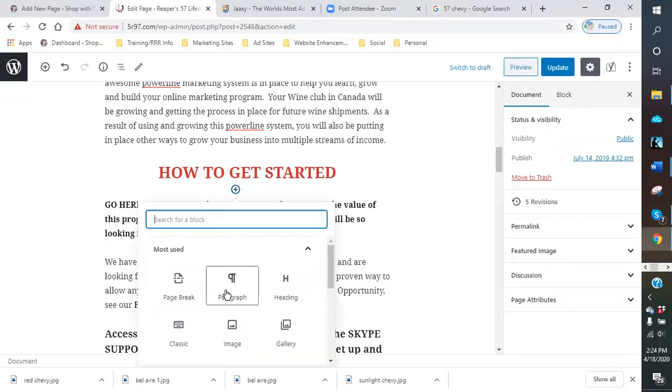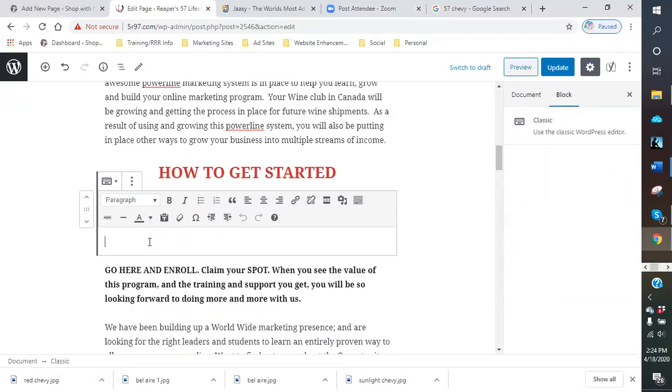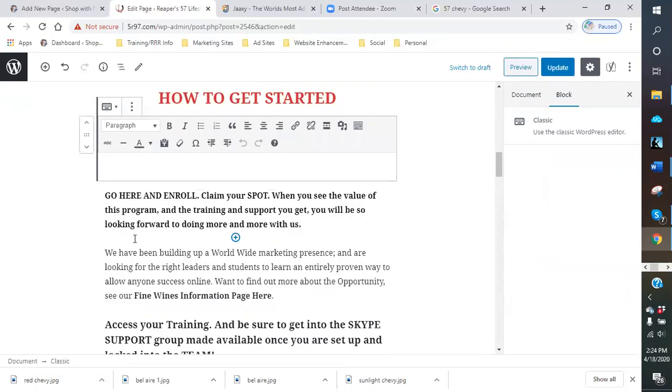And then we're going to come and just do another classic block. I like to mix up my blocks just because I do. So we're going to come up here and do